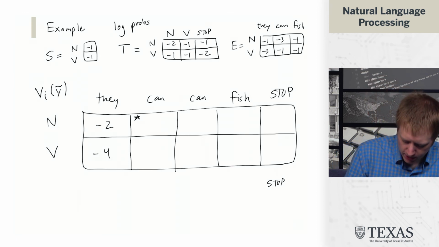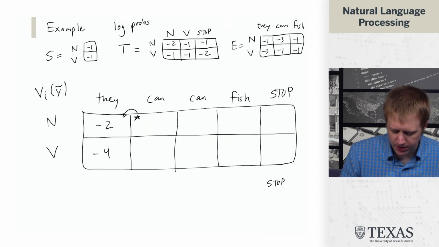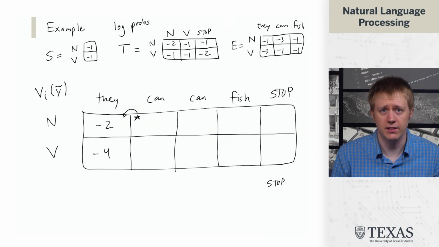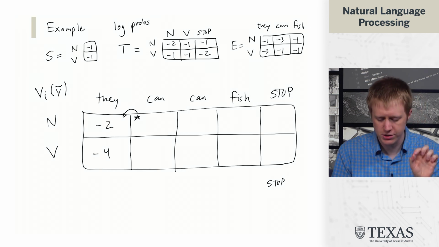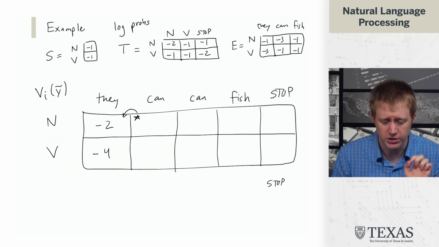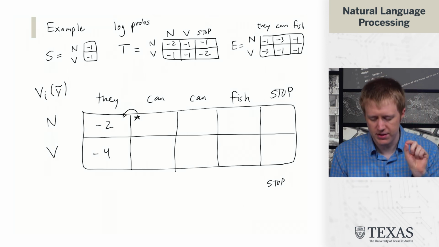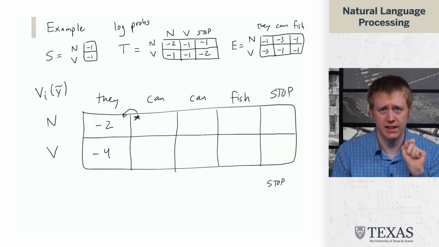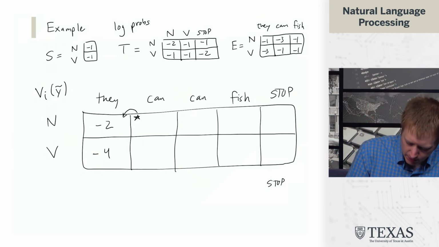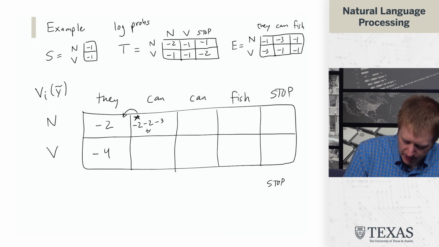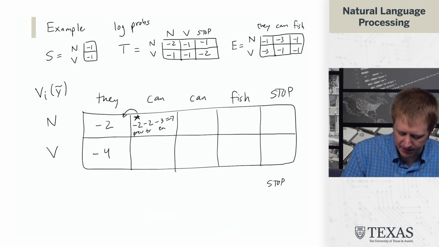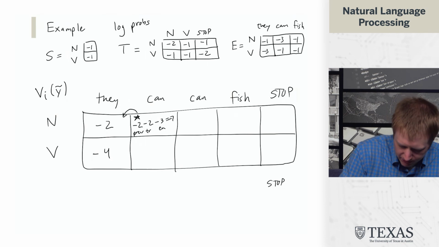And we could have come from this cell. And so what we would get there is the transition from noun to noun, which is an additional -2. And then we would also get the emission of can given noun, which is a -3. So we have a -2 from the value of the previous cell. We have a -2 from the transition. And we have a -3 from the emission. And that gives us a -7 here. All right, and we have to think about